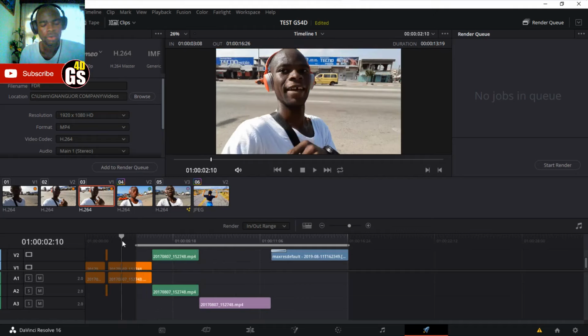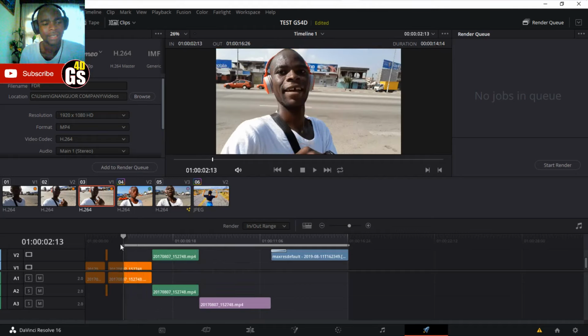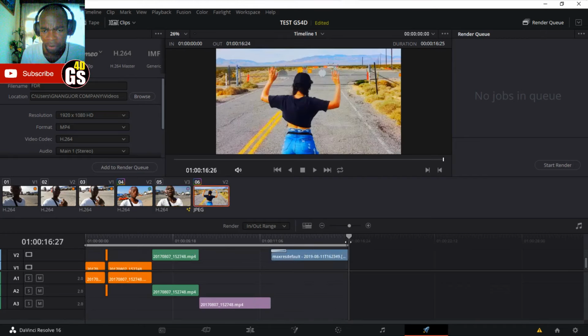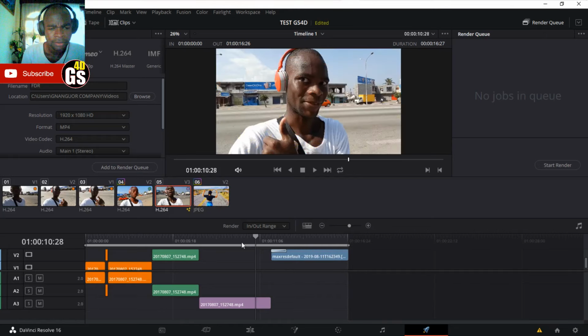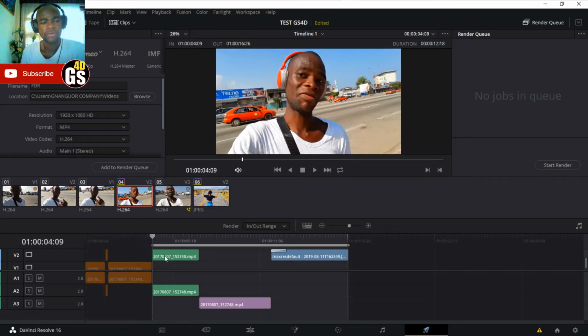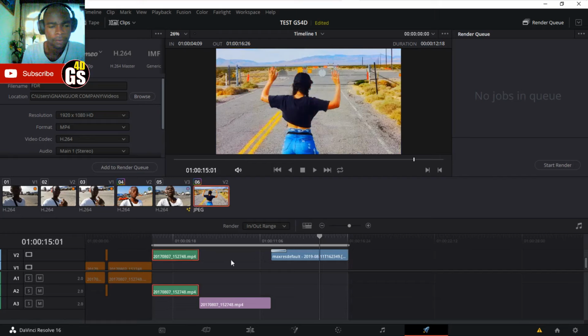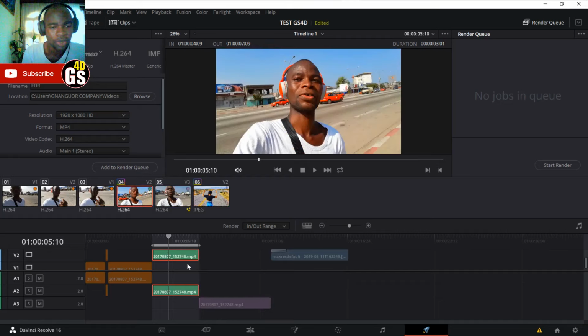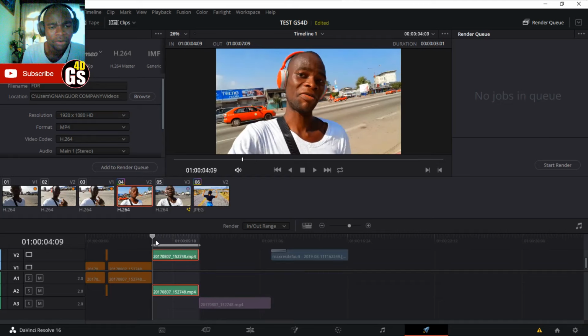You can click on I to choose this, or O to limit this, and you need also to do this, and do this for more precision, and it's great. If you want to export only these beautiful videos, you can do this and click on O to adjust, and you will export only this beautiful video with this beautiful saturation.